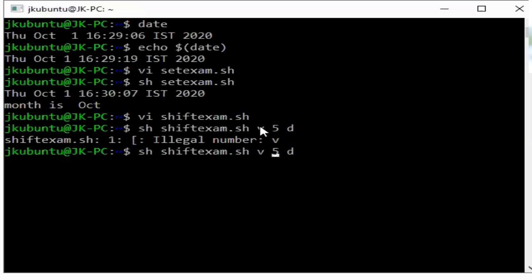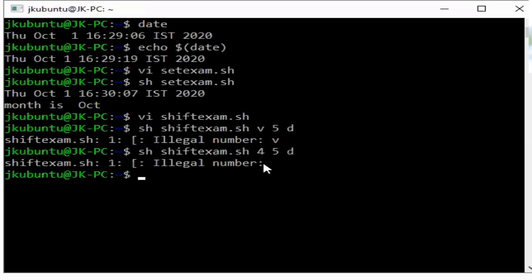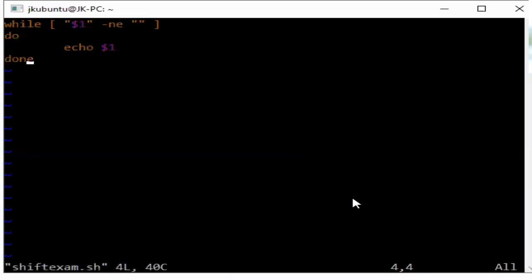Okay, I will specify 4. Again, it shows illegal number. So that is the $1 value. Okay, so now when I execute the same program with shift,